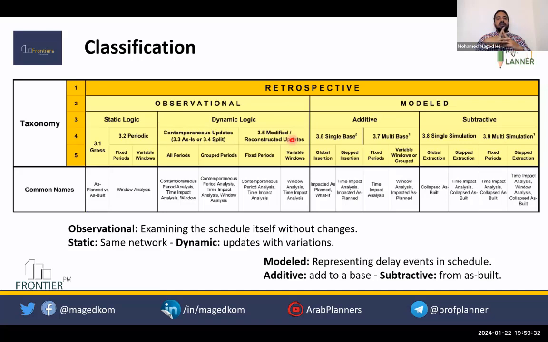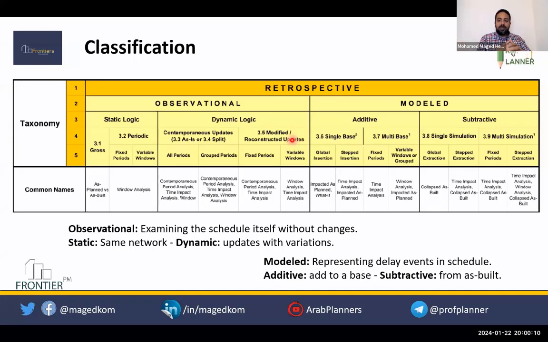You can make some validations to the baseline to be valid and appropriate to add the event and analyze the delay. If it is irrelevant right now, you can make some changes and validations to the baseline to be appropriate for the analysis. Even while making the analysis, you can apply these changes or validations to get reasonable results from the program, because one of the key things in delay analysis is to have a reasonable output.